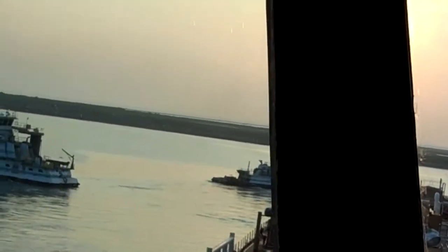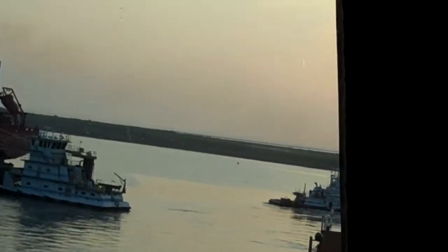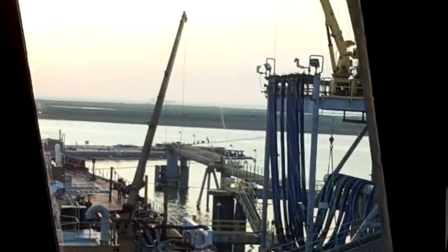I guess up in the New England area, loading's a lot faster because the terminals are used to what the barge is, what it can do, what it can receive, and what the crew is capable of. I'm sure this refinery is just a little bit cautious about everything, especially considering this is a